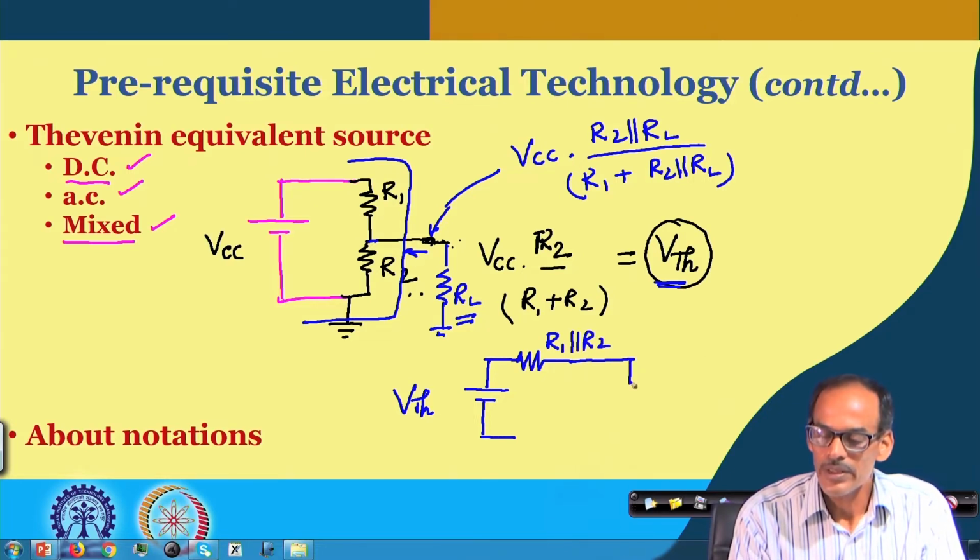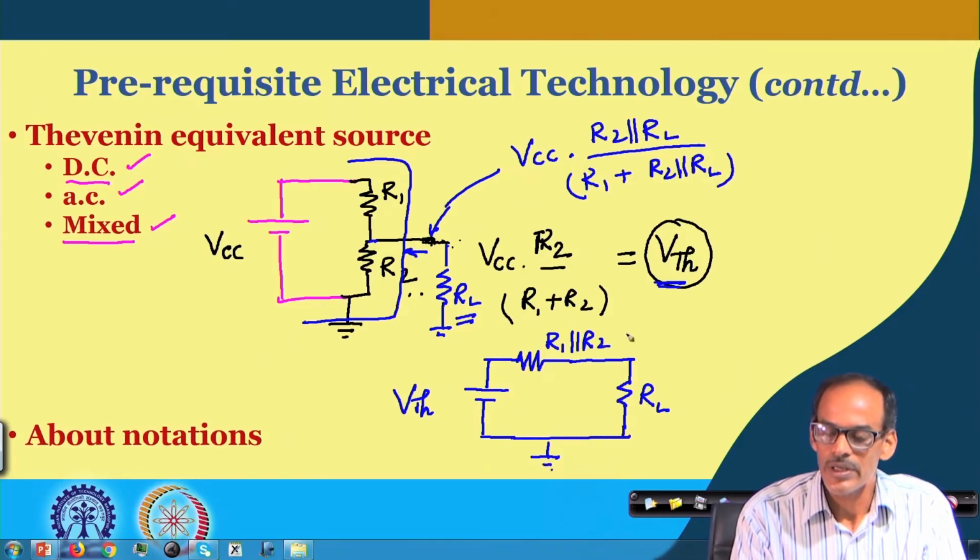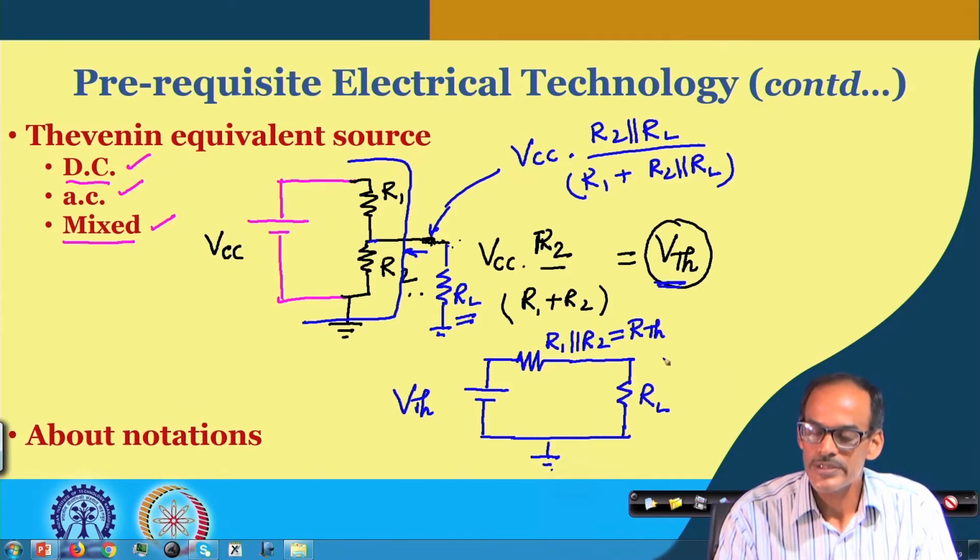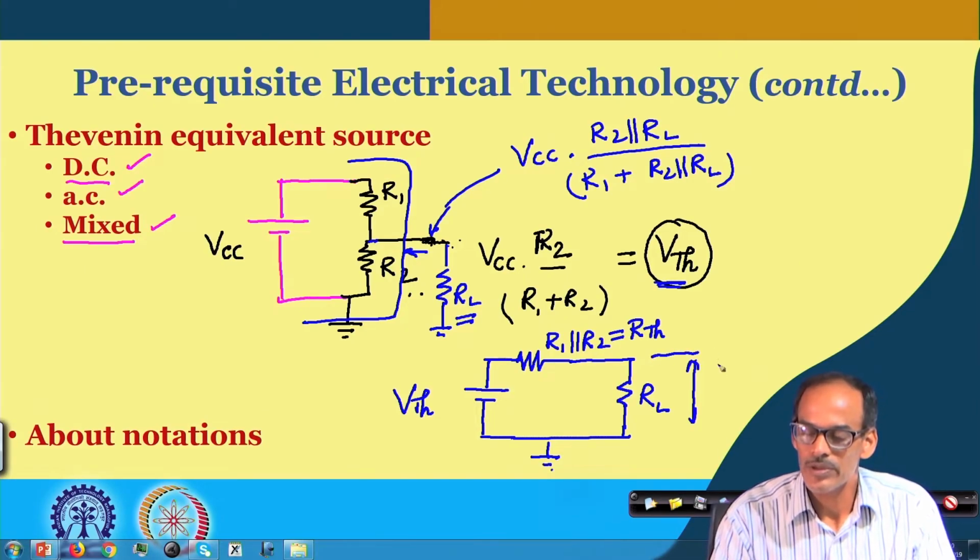Now, if I connect the load, say R L, and if I know the Thevenin equivalent resistance here, let us call it, for simplicity, R T H, then by analyzing this circuit we can say that by connecting this R L, the voltage coming across this one is V T H